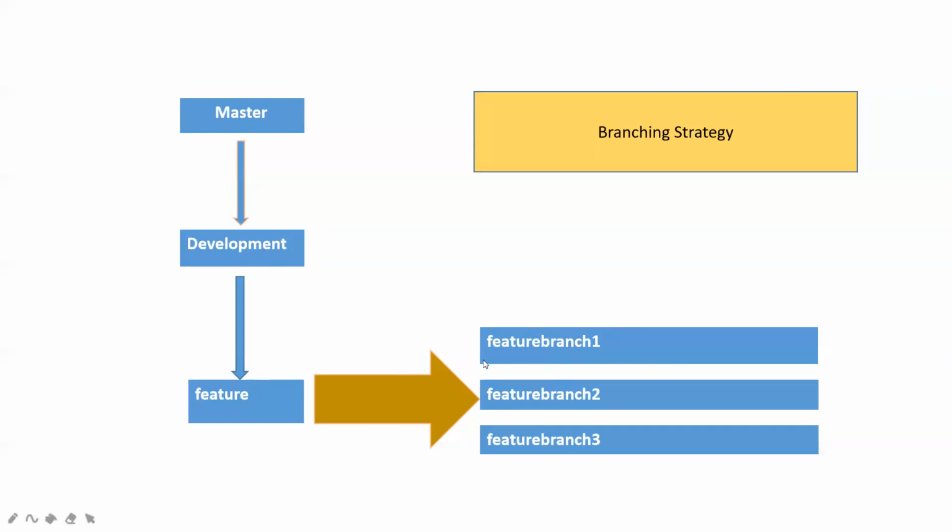Once he commits and pushes to the feature branch, it goes for a pull request to the developer lead, who is going to review the code. If everything is good, the developer lead pushes the code from the feature branch to the development branch. I haven't added any commit or push process here; I'm just giving the branching strategy. I'll go directly to a practical example of how to commit and push the code, and how to check in and check out.